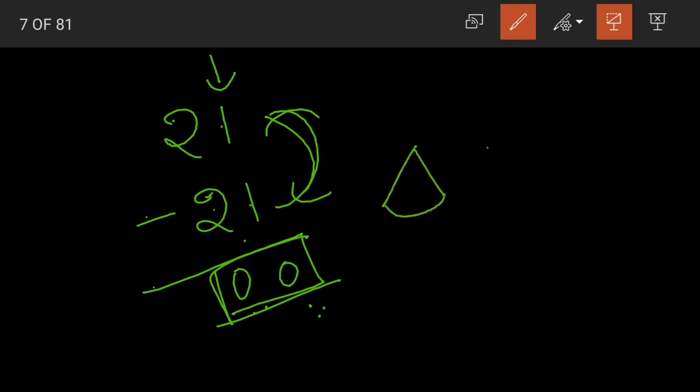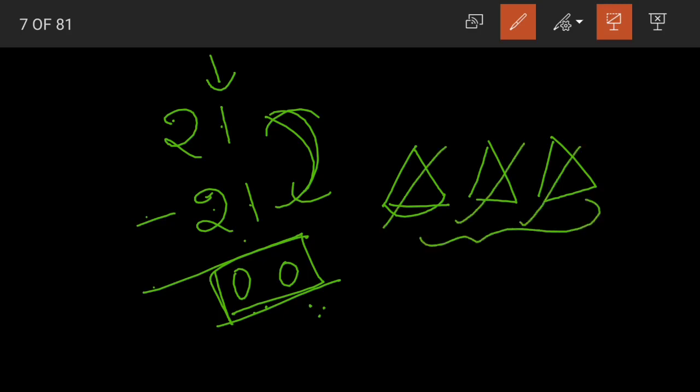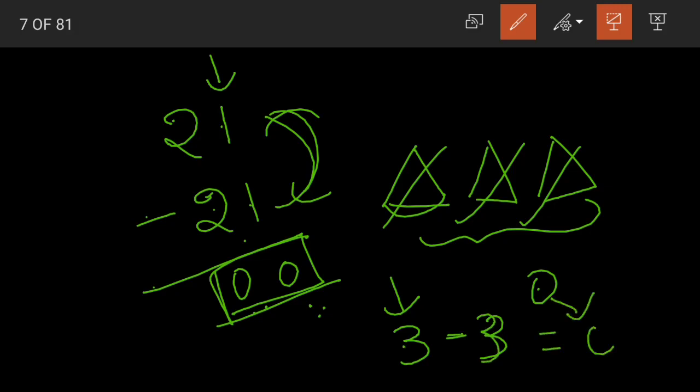Yes, let us understand this with the help of an example. Okay, if I gave you 3 samosas and I took away all the 3 samosas from you, now how many samosas will you be left with? 0, right? Yes, 3 minus 3. I gave you 3 and then I took away 3. 3 minus 3 left us with 0 samosas. That is why whenever we subtract a number from itself, the answer will be 0.